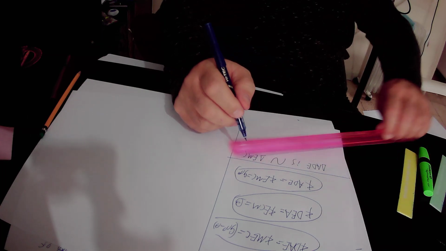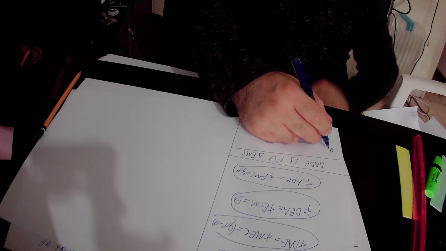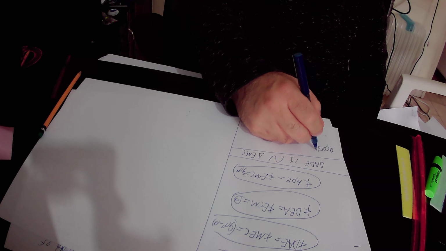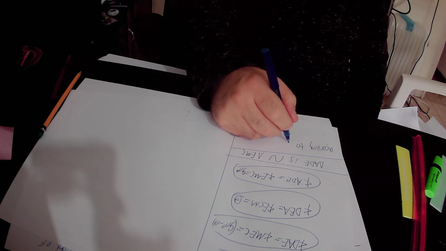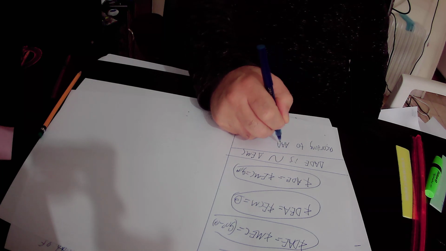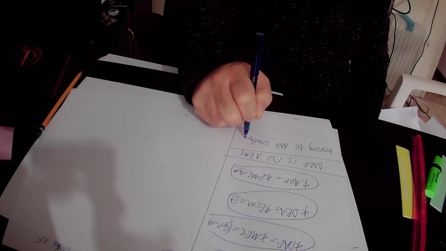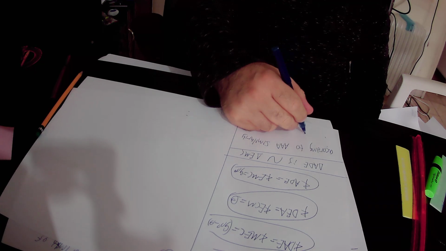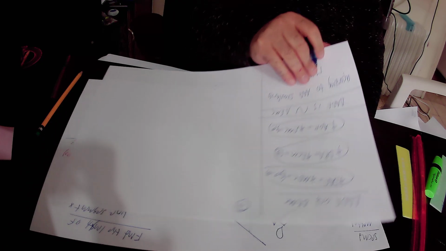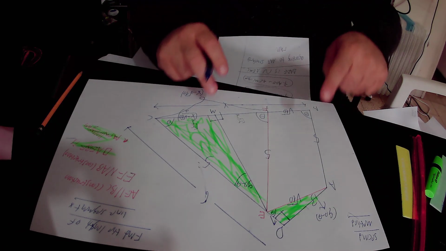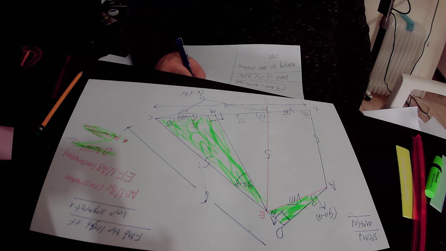And they are similar to each other according to the angle similarity rule. And from the fact that those two green right triangles are similar to each other, we will conclude, hence,